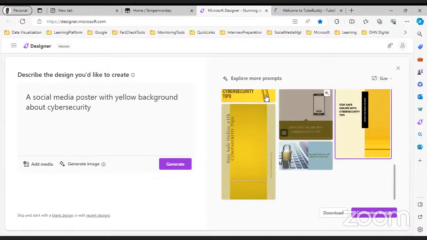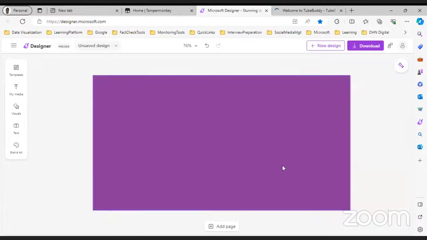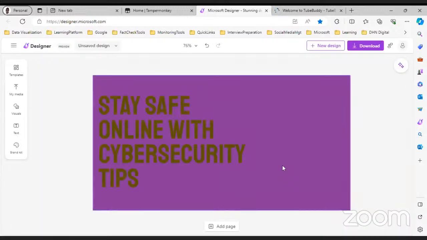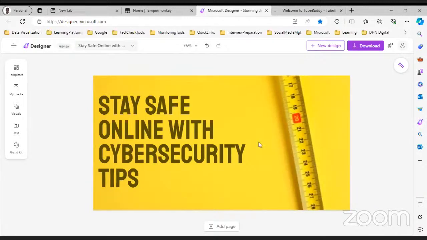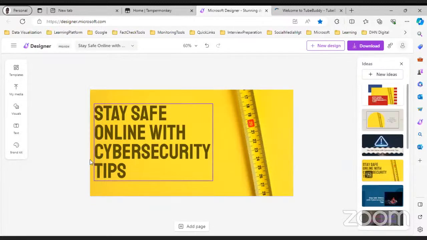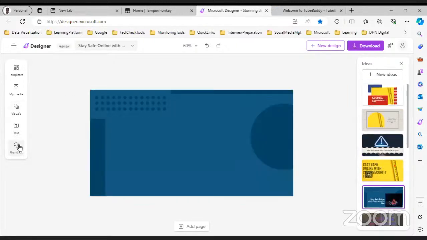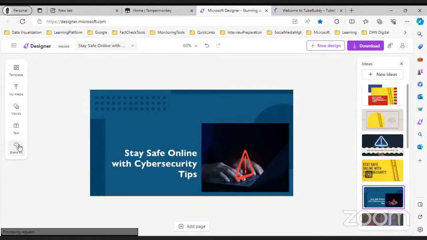Like for instance, this one is the one that is very close to what I asked. And after that, you can click customize design. Customize design brings you this window where you can then edit. You see? And then other designs, you will also see them here. These are all designs that they made. Then you can edit, you can upload media, text, and so forth. So that is how